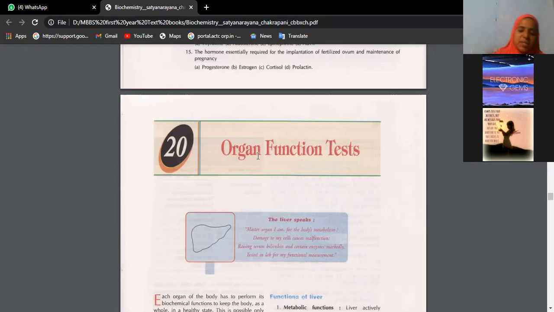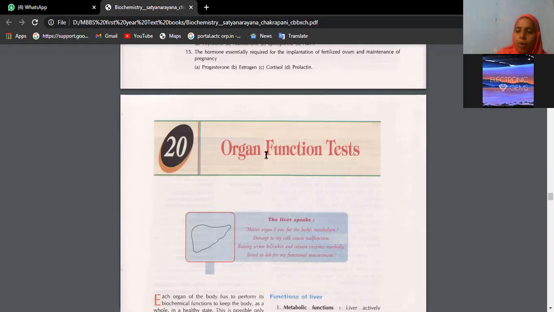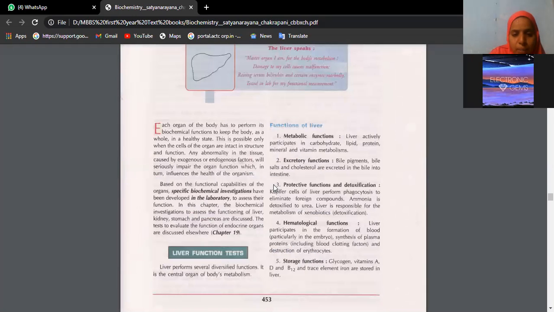Suppose a person is coming with renal failure, urine output is less or too high, or urine has some bad smell or has blood, you will go with kidney function test. Like that, based on what type of organ is suffering, we generally undertake organ function tests. Now here, liver function test is asked as an essay question. So we should not confine our answer only to Vandenberg's reaction. Imad, we should write many more things also. We have discussed only Vandenberg till now.